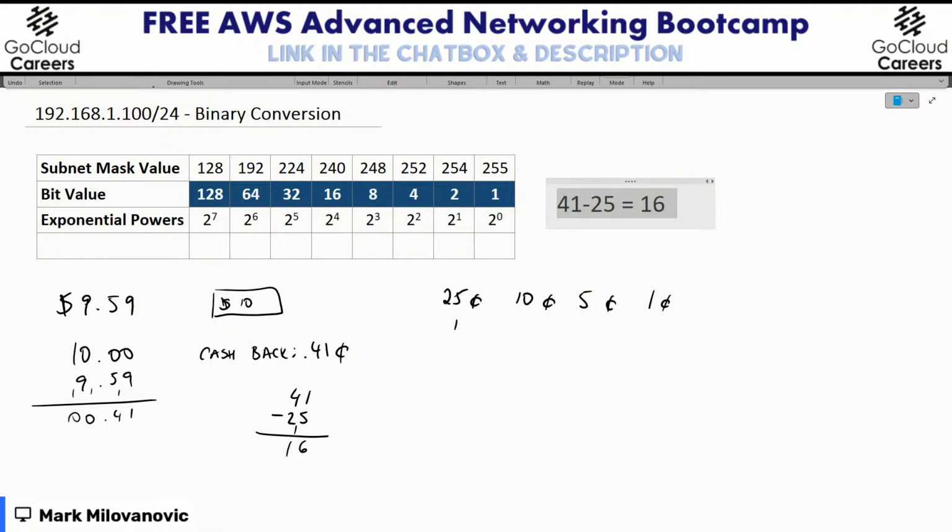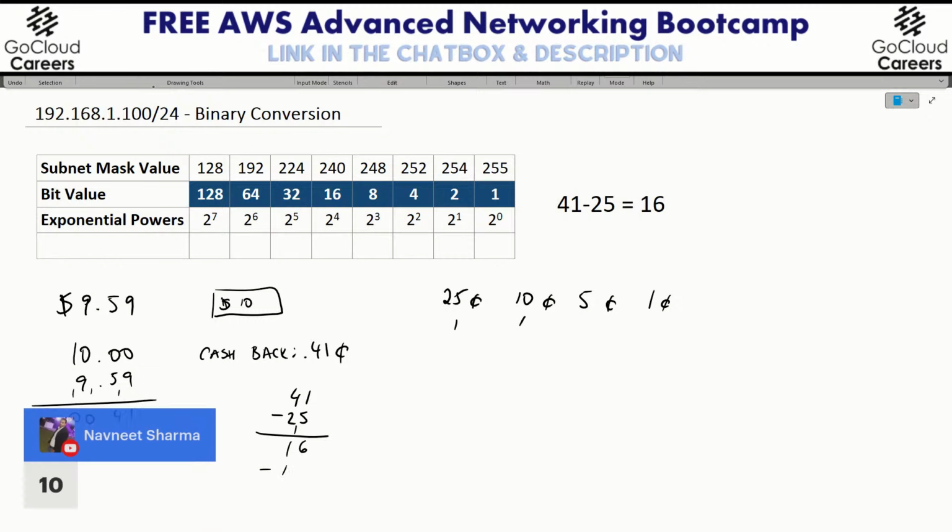So what is the next coin that would get me the closest to 16? I need 16 cents back. So what's the next closest coin, or the largest coin, you might say? Okay, I'm slowly seeing a trickle in. 10, 10. Okay, fantastic. Let's go with the 10. Let's make sure we mark it down that we're using the 10. Let's also subtract it because we're not being owed it anymore.